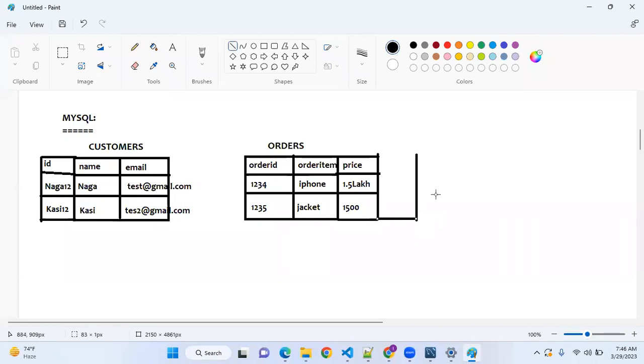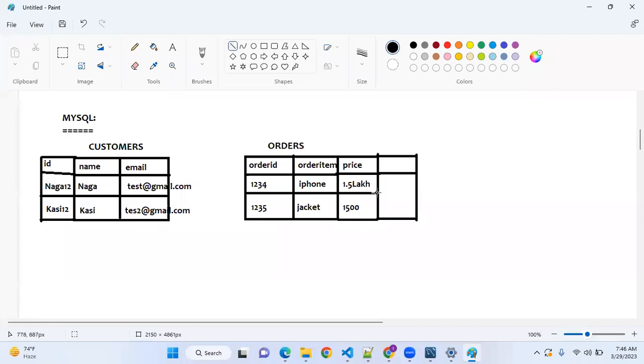What is the unique way of identifying the customer? Which is the customer ID. Customer ID will not be different, right? It's like a student ID card. No student will contain two ID cards with the same ID card names, right? Sorry, what is the roll number? No two students will contain the same roll number, right? It is a unique number they will give. Similarly, here the customer ID also will be unique.